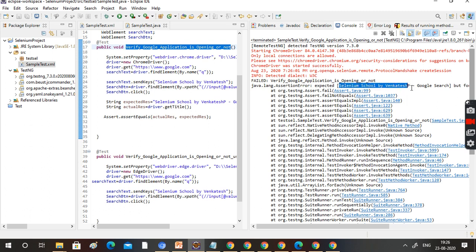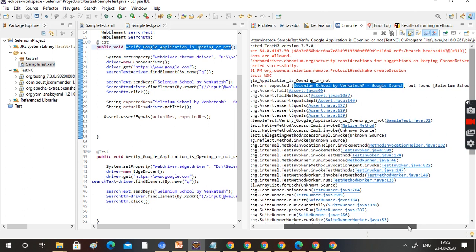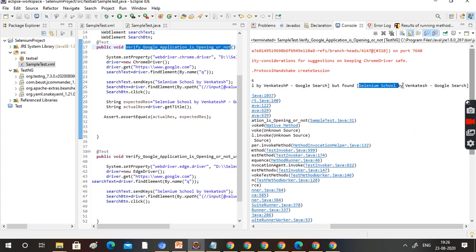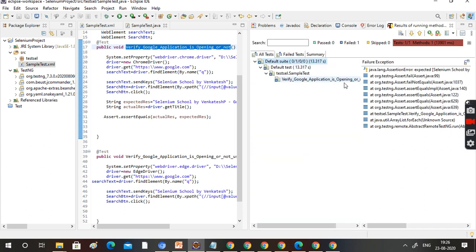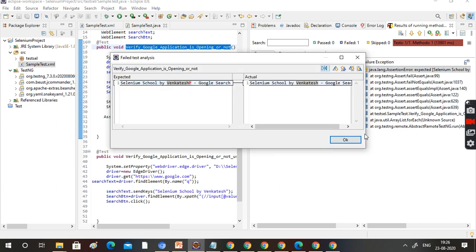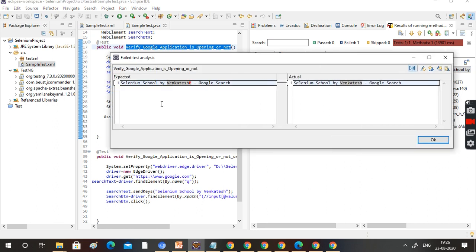The expected is this one, but found is this one. Here it is saying it clearly. If we open it, it will say clearly: my expectation is "Selenium School by Venkatesh P Google search", but actually it is coming as this one. So where is this actual one coming from?